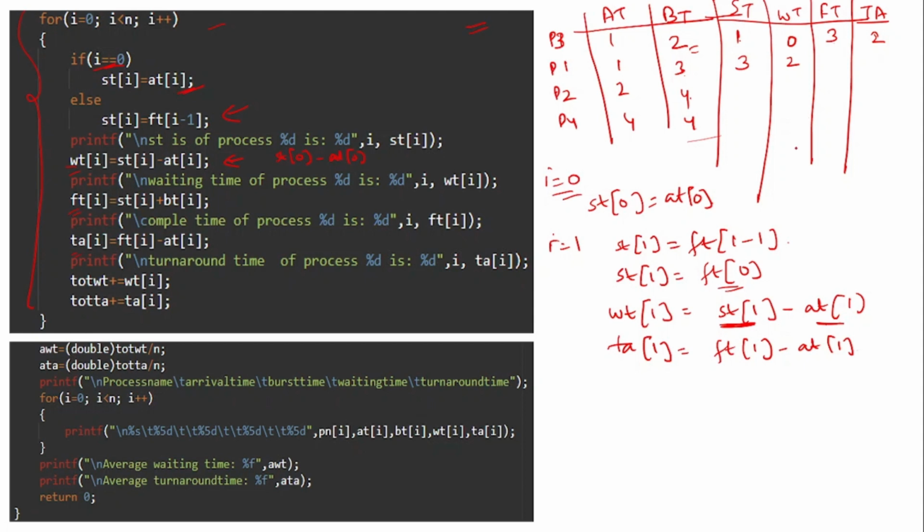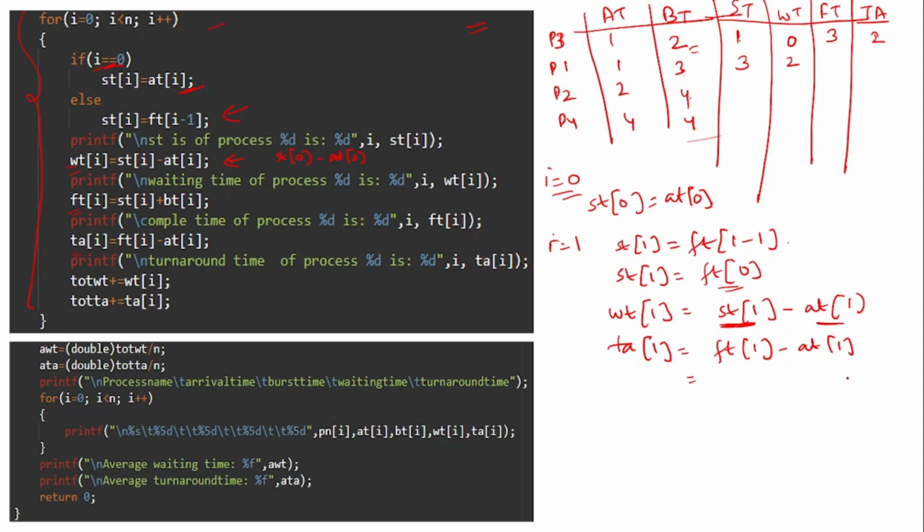Since it's a non-preemptive version, the finish time is when the process finishes after it starts. There is no case where the process will be picked again for execution. So here this would be FT1